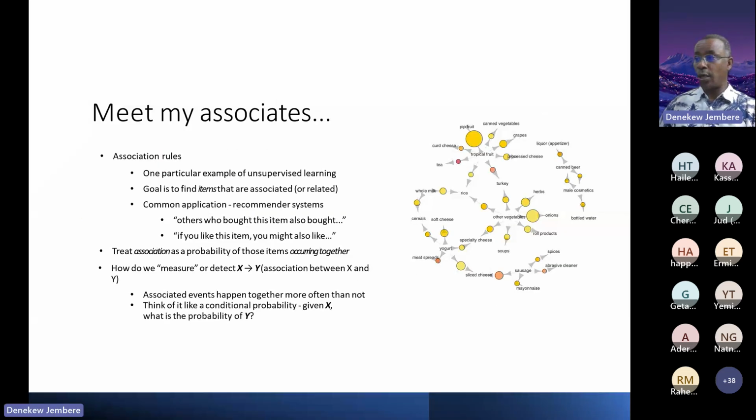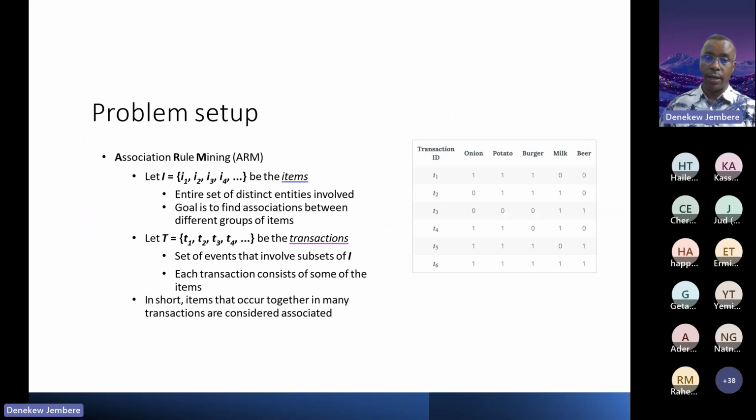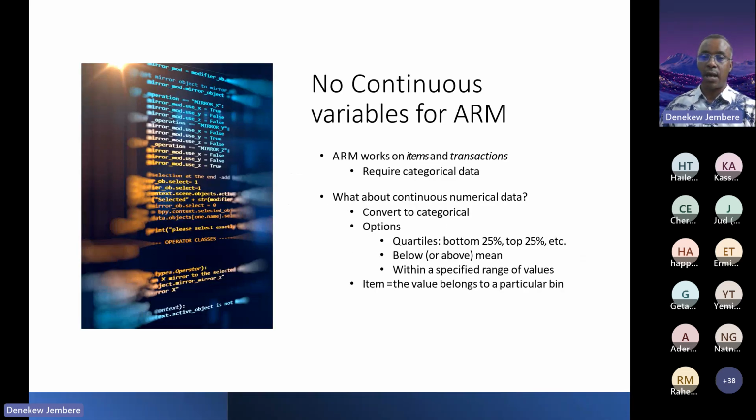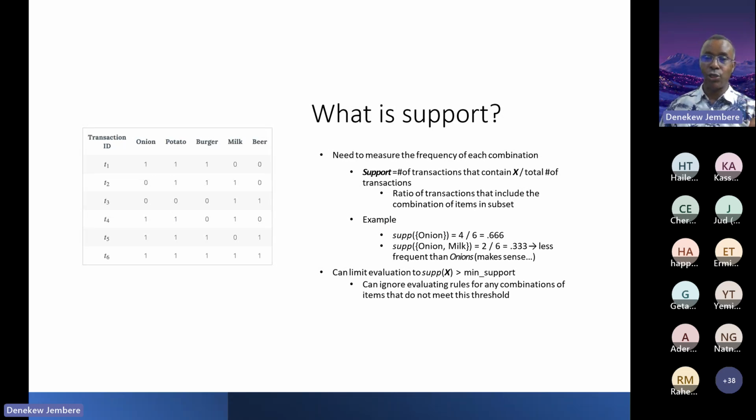And association rule, I suggest you read more about this association rule and the problem setup, continuous variables for ARM. Association rule mining, that's what ARM means, and related to continuous values, computational cost. So association rule is one of the algorithms that I suggest you read through. And if you have any question on this,